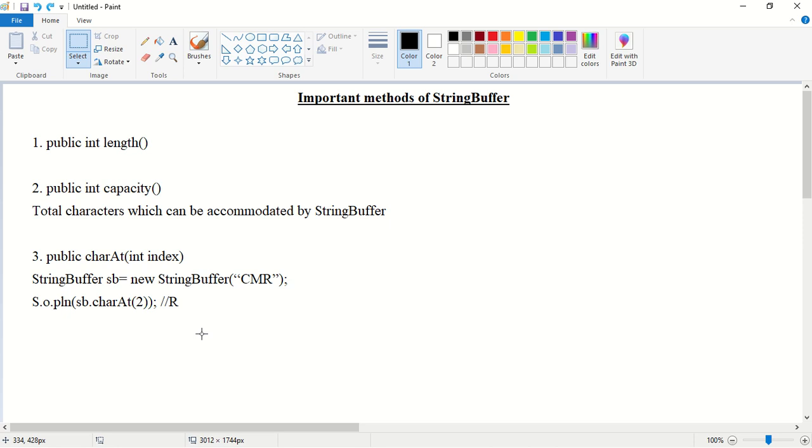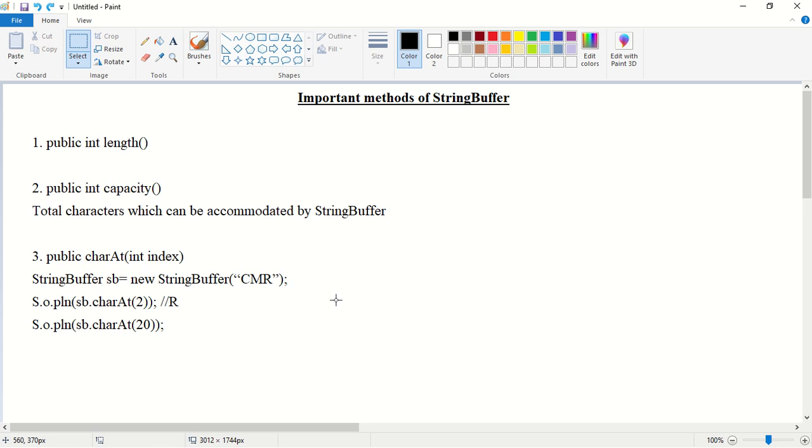Okay. Next, System.out.println(sb.charAt(20)). Is there any 20th index in our string buffer? No, there is no 20th index in our string buffer. So what is it going to return? It is going to raise a runtime exception. So what will be that exception? Will the exception name be StringBufferIndexOutOfBoundsException?